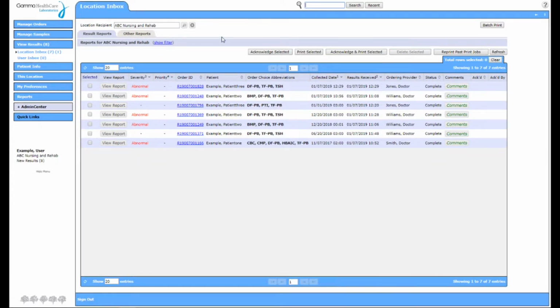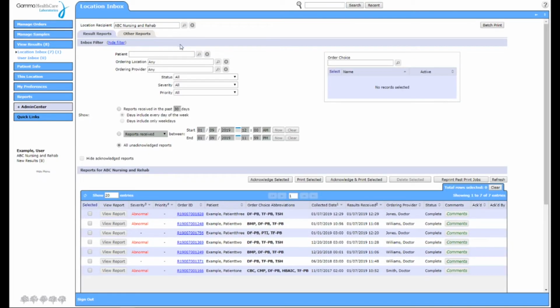The location inbox will display the most recently released patient results. From here, you can print and/or acknowledge results. Location inbox will be available to every user that has access to your logged-in location. Acknowledging results lets other users with access to your location inbox know that these results have been reviewed and do